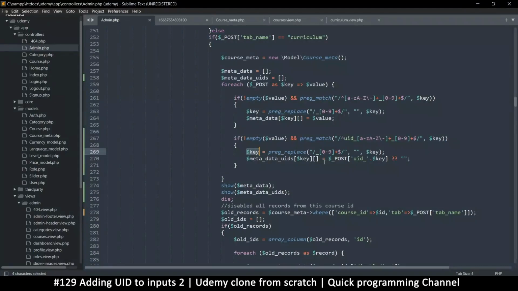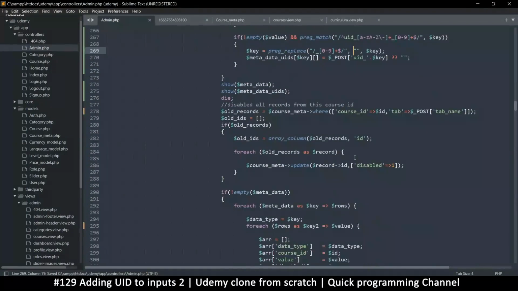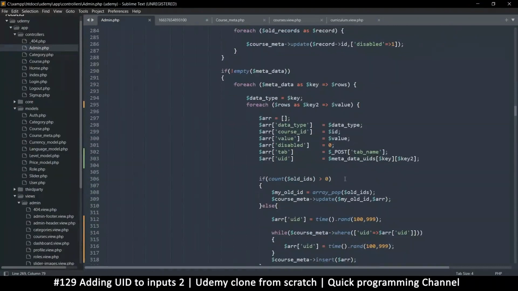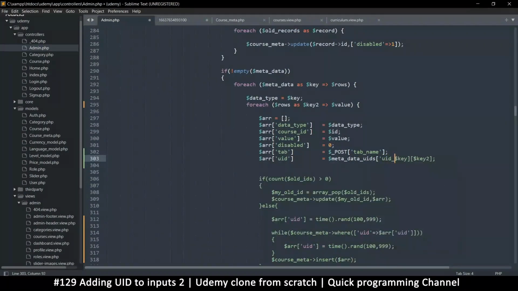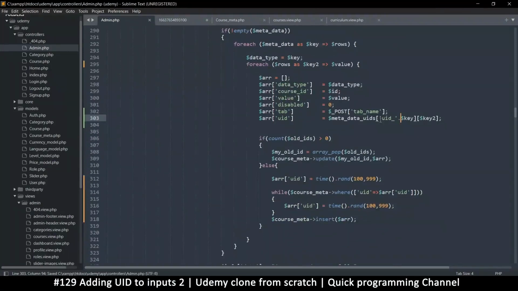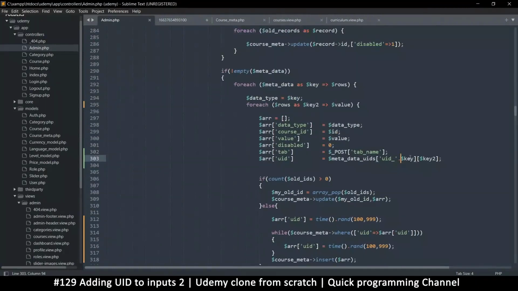So what will the key be? We're just removing the number at the end here, right? That's what we are doing to make a key. So the key will have UID at the beginning always. So let's keep that in mind. Once we remove the number, that's fine. Let's go now to where we are grabbing the keys here. The same key, but it should have UID at the beginning. So in here, I'll put UID because we are not removing that UID at the beginning. Let's put a dot there to concatenate. So we are saying the key should have UID plus whatever key we are using for metadata, which in this case will be